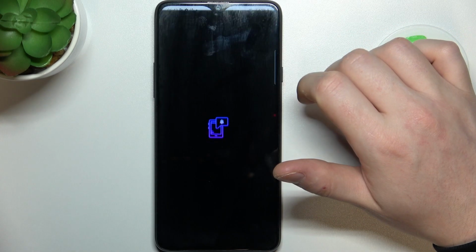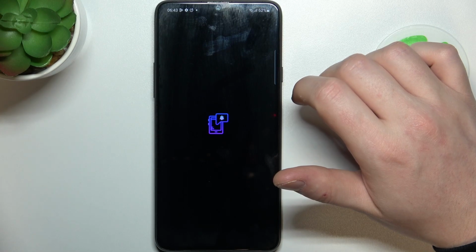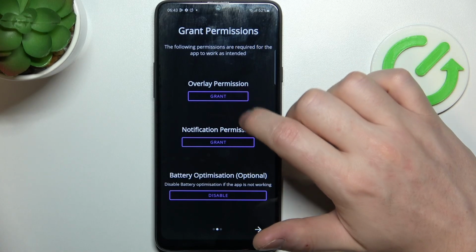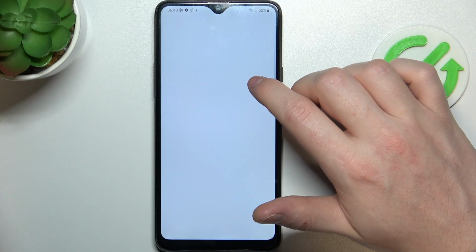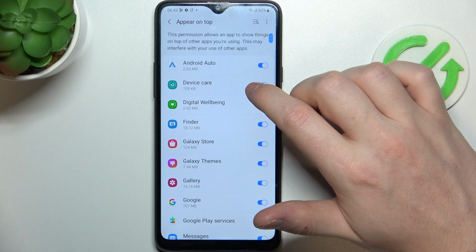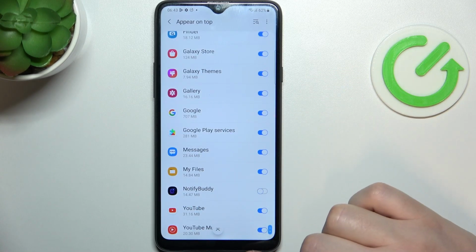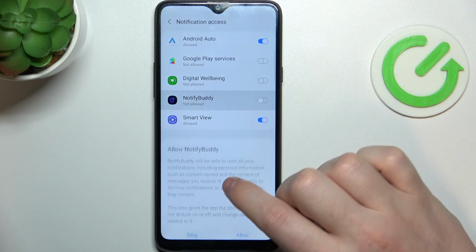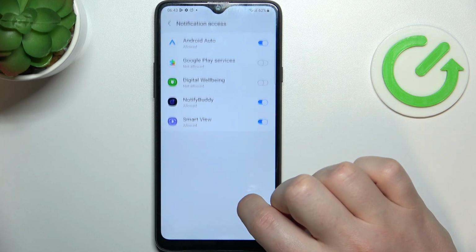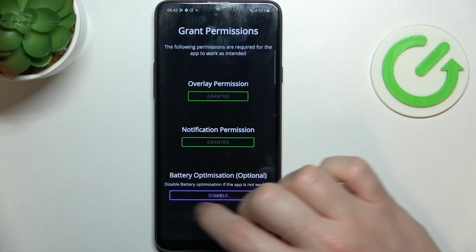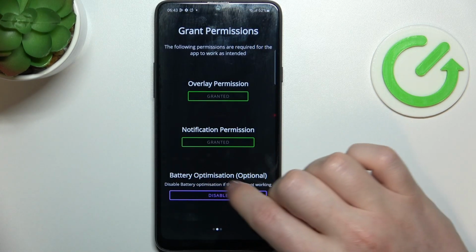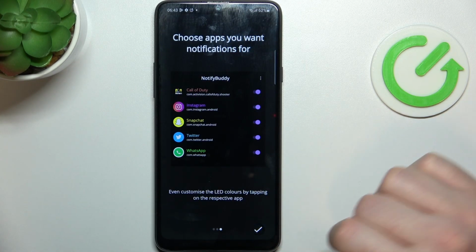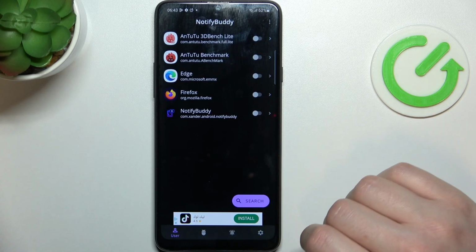Then when it's ready you can open it, go to the next step and grant 2 permissions. Last right here is battery optimization, and I would leave it as it is and proceed to the next step. Now we can start using the app,